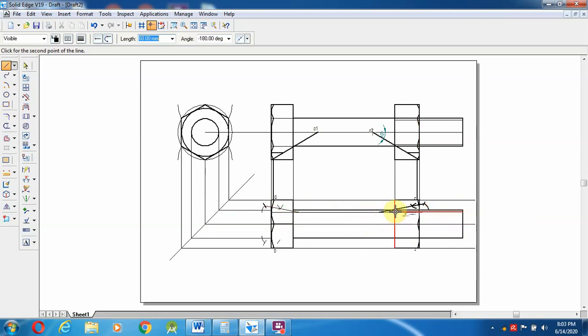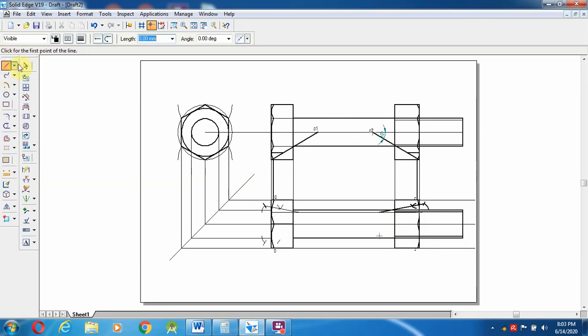So up to this line, the angle is minus 180, and from here 21.6 and the angle is 180 degrees and 60 mm, enter.